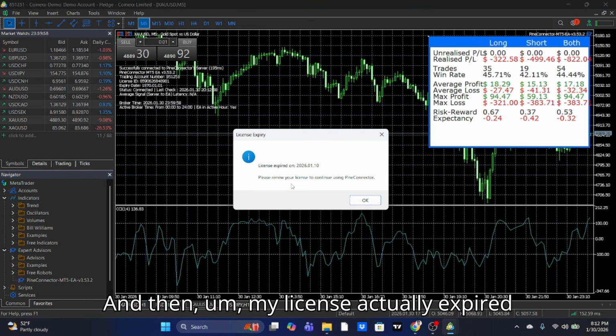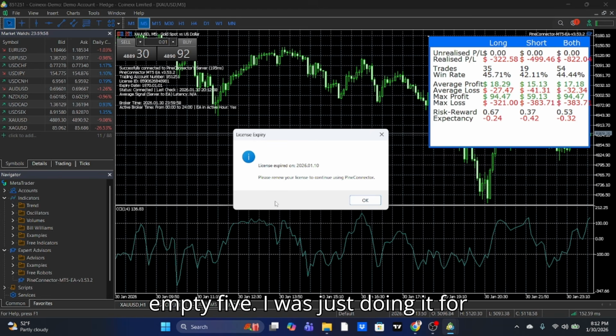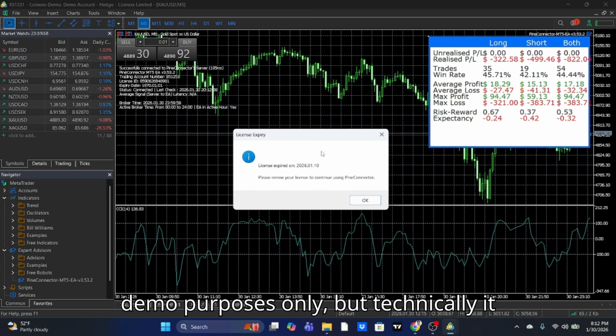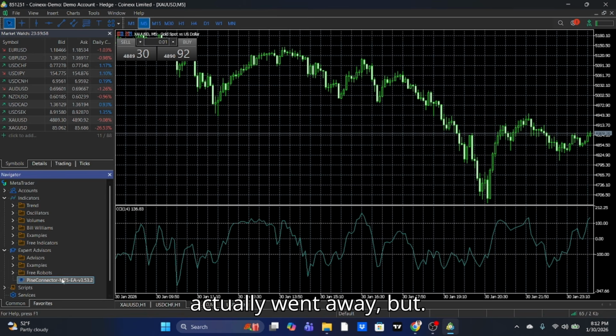And then my license actually expired already. This was just a 2 weeks free trial. I never actually paid for this since I don't trade Forex or trade on MT5. I was just doing it for demo purposes only. But technically, it would look something like, well, it actually went away, but